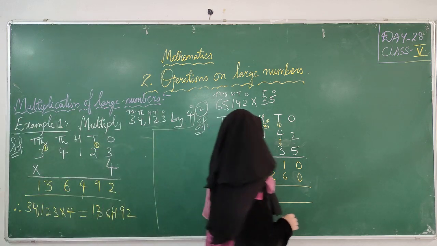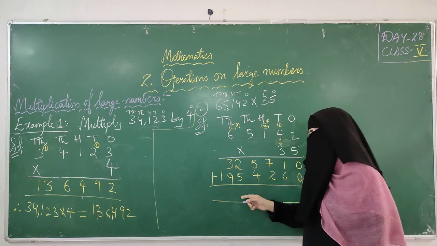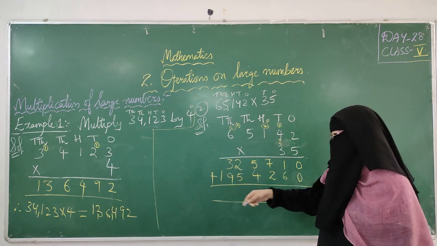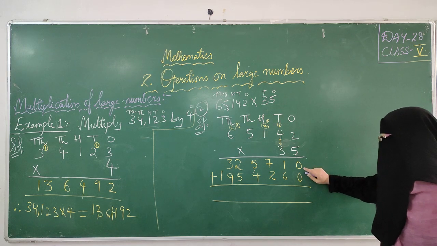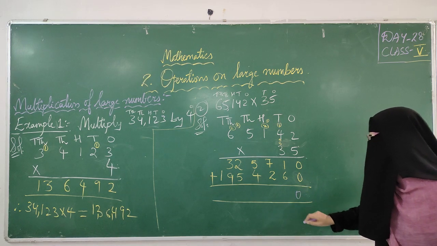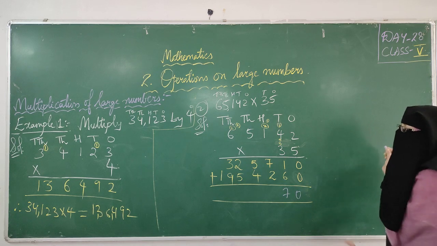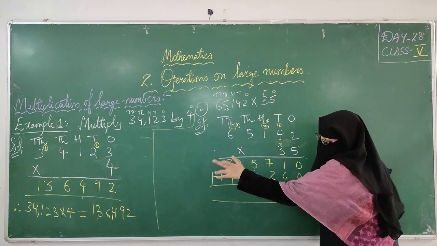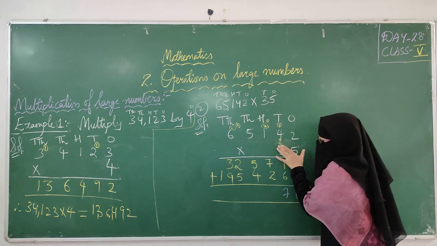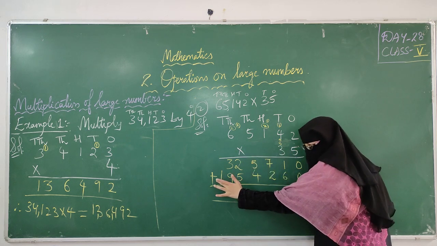One more thing I want to tell you here: whenever some students are adding some numbers here, we are doing addition. At that time I'll show you. 0 plus 0, 0 only. 1 plus 6, 7, add this. See, in multiplication, in 1 digit we can do simply, but whenever we are starting with 2 digits, we are doing multiplication as well as addition.